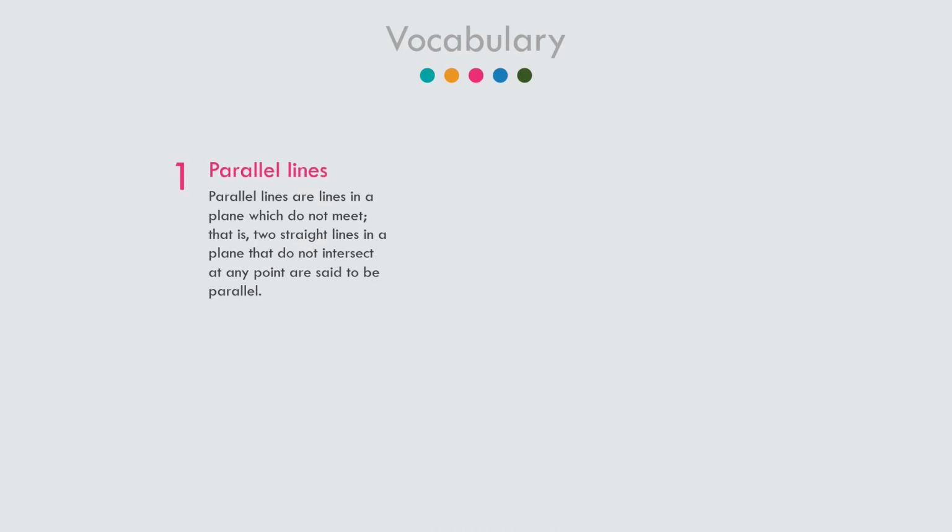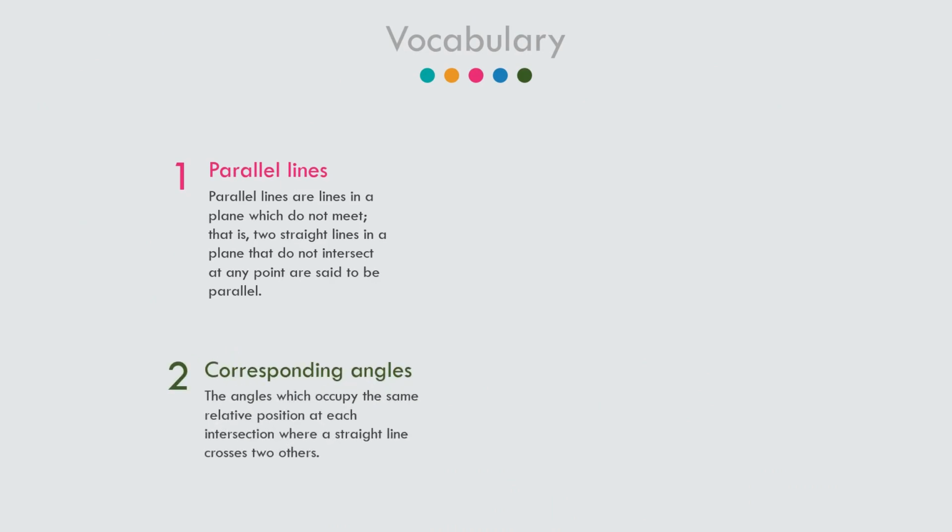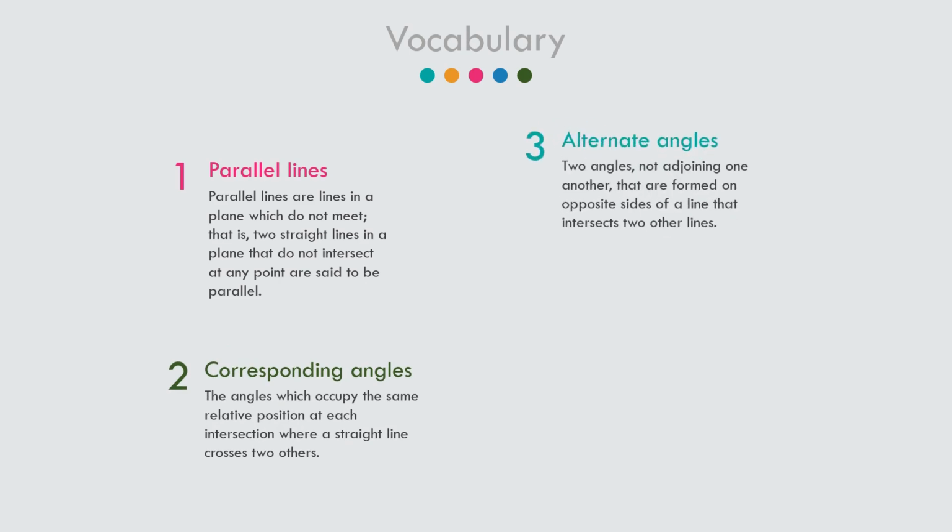Parallel lines are lines in a plane which do not meet. That is, two straight lines in a plane that do not intersect at any point are said to be parallel. Corresponding angles are the angles which occupy the same relative position at each intersection where a straight line crosses two others. Alternate angles are two angles not adjoining one another, that are formed on opposite sides of a line that intersects